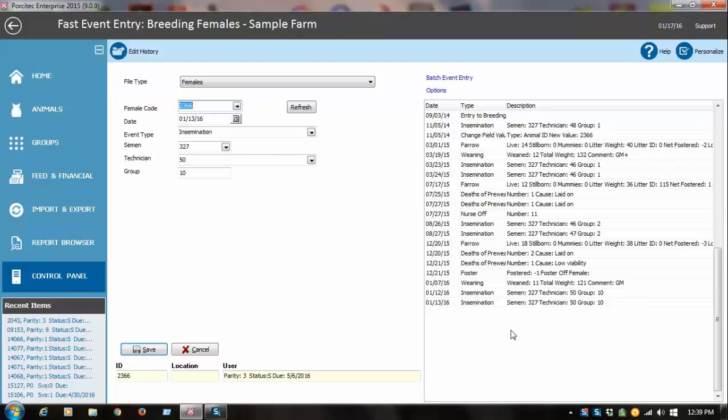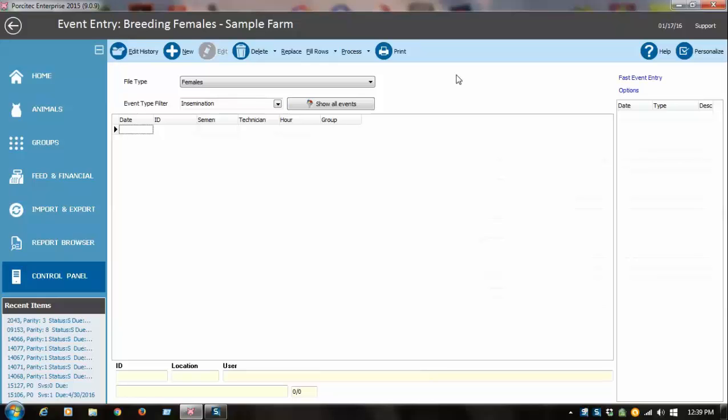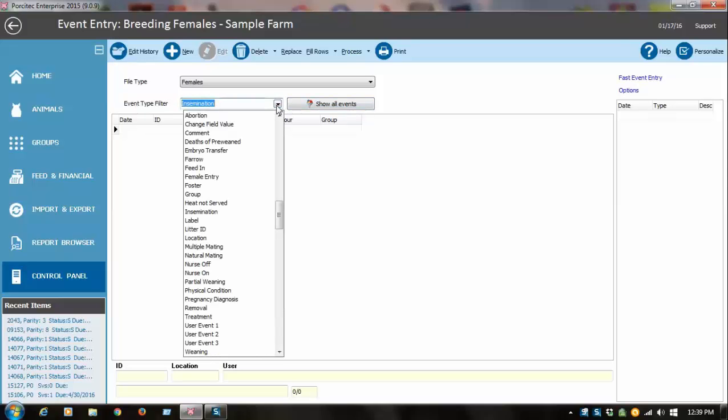The other way to enter data in Porcitec is batch, and you can access that right here at this link, batch event entry. And that looks like a spreadsheet. And I'll show you, just for example, this is event driven. So all the events, if you want to put in data by event rather than by sow ID, this is used more for